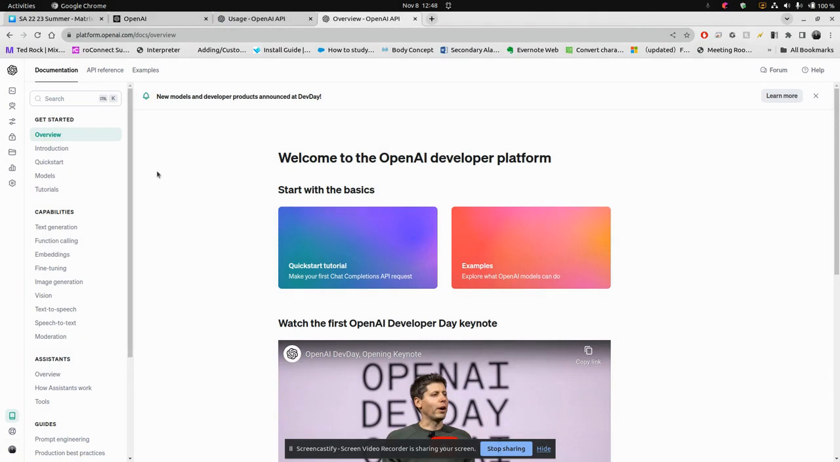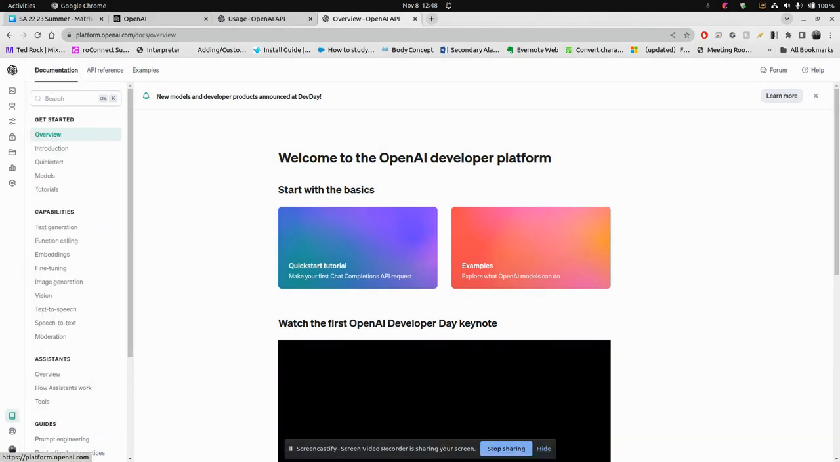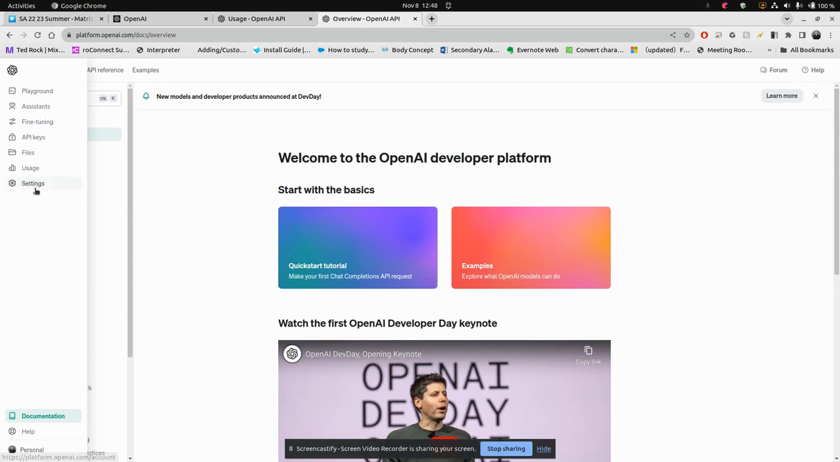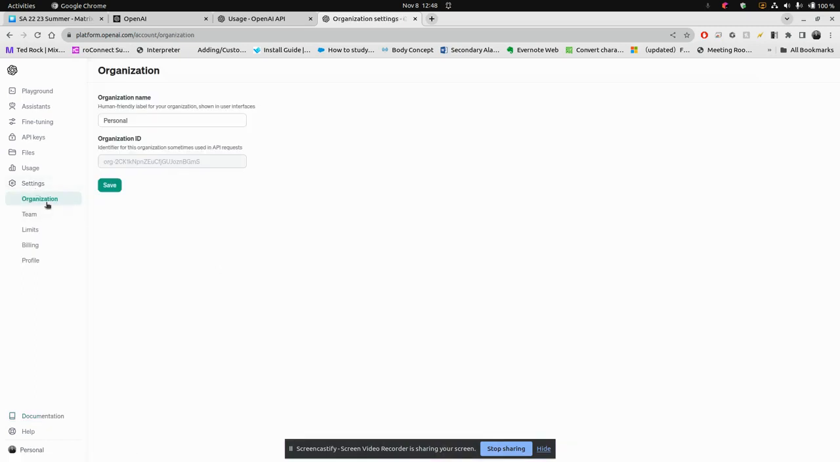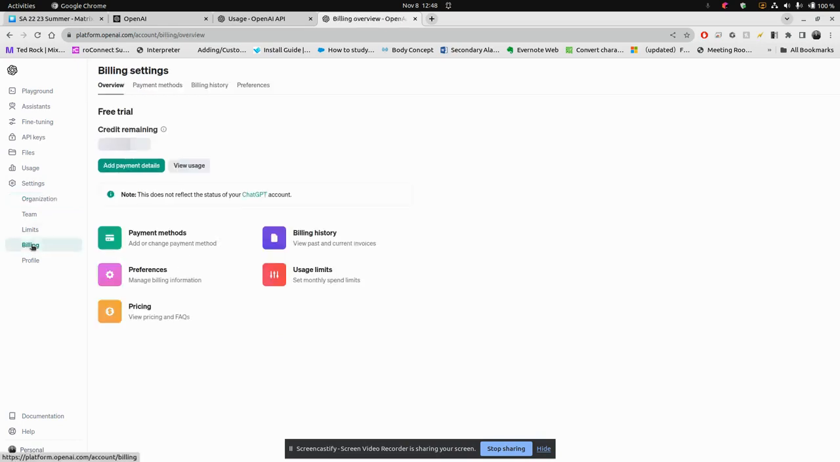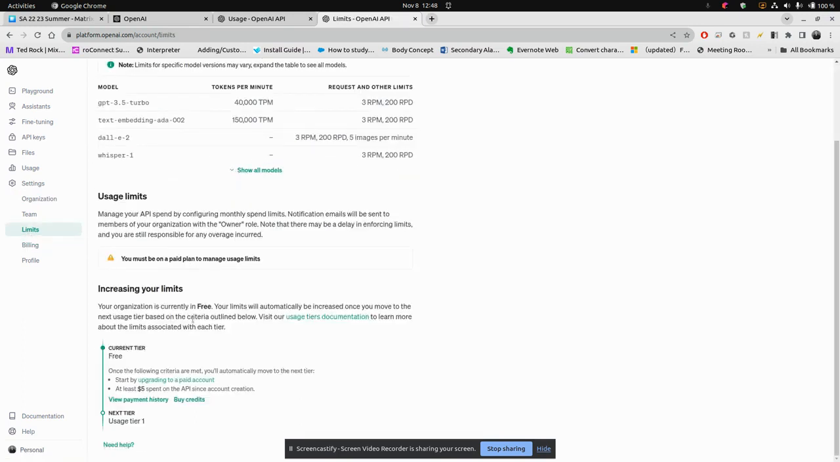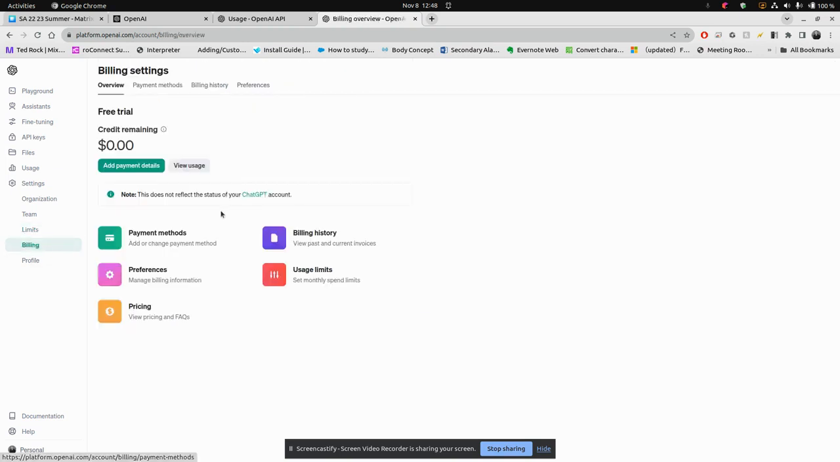Okay, after you log in, you're going to want to click here and go to settings. Click organization. If it's not selected, copy this information into a document. You want to go to billing and add a payment method. I just want to show you that there is a free tier, and you probably aren't going to need to go beyond that free tier for quite a while. So don't worry about it, but I would go ahead and add the credit card information